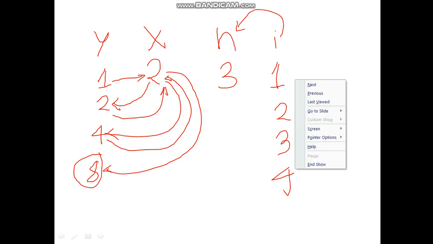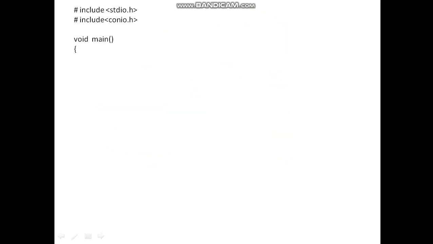Now let's see how this program needs to be implemented. These will be the simple header files which you are supposed to include. The variable y will be the result variable, the variable x represents the base and the variable n represents the power. After the variable declaration, let's see how we read. These are the printf and scanf instructions. I've taken the variables as long int because I feel that for a small input of x and small input of n, there can be a very large result. If you wish, you can declare only y as long int, and x and n as int.